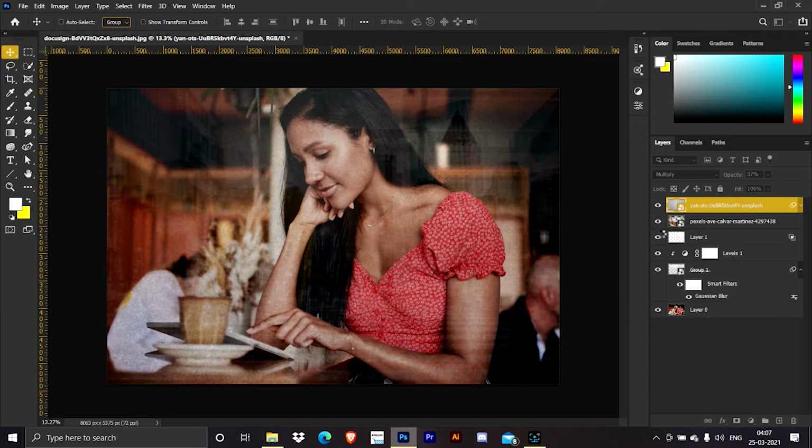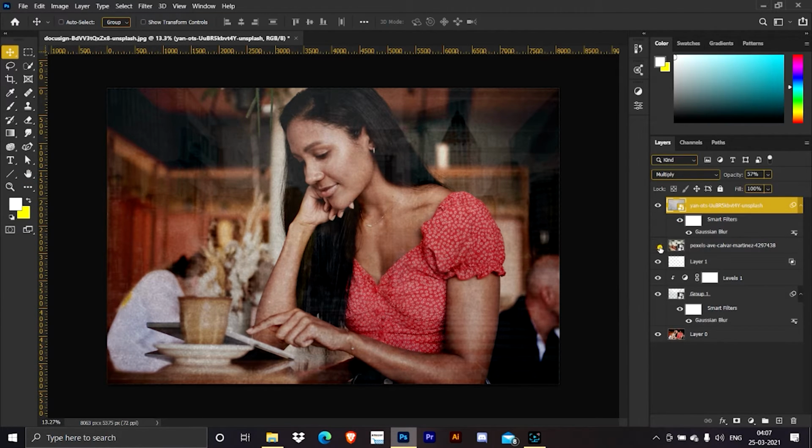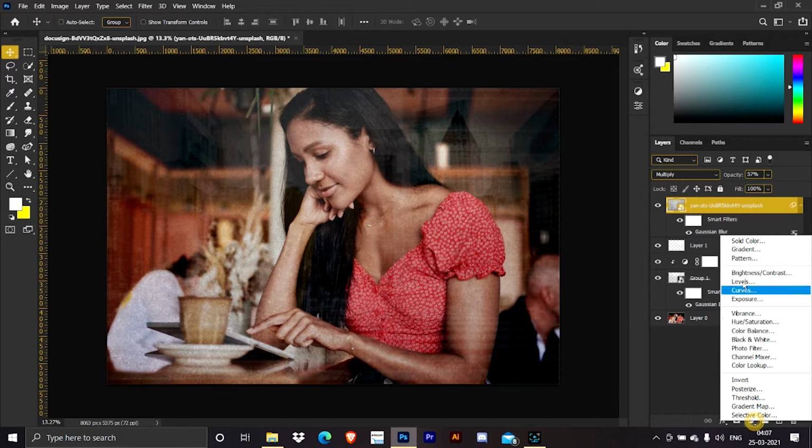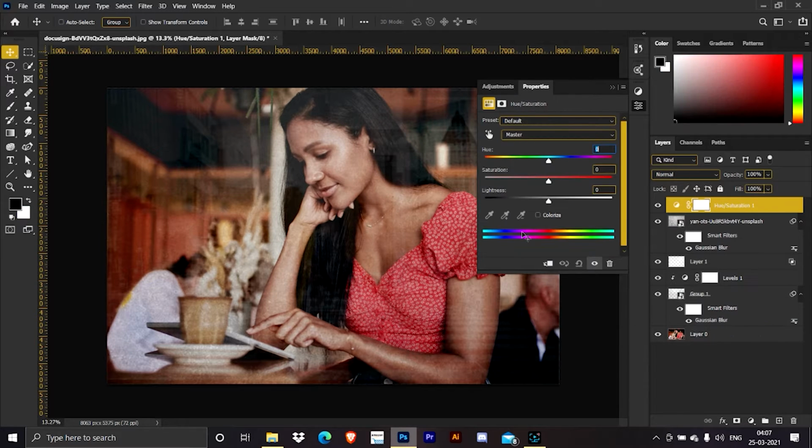The water texture here won't look good. Still I added it to see if it is looking good or not. You can experiment with the image. Let's delete that. You can add a color to the glass by adding some color to the texture. You can click on hue saturation. You can click on colorize. Clip it to the layer below so it will only affect the texture. Increase the saturation a little bit. Play with the hue. Let's give it a little bit of green tint.